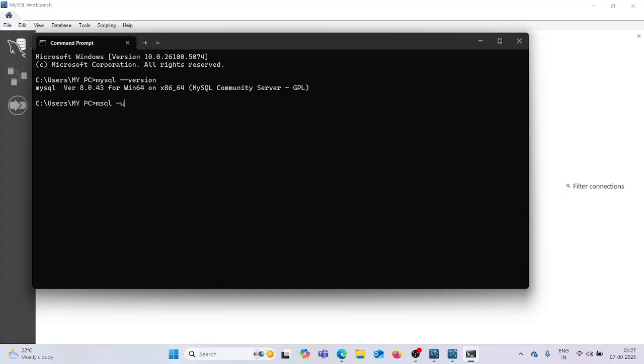Now I want to show you the user password, the root password. For that, I will type mysql space hyphen u. U means user root. Then hyphen p for password. Just check. Actually, my spelling mistake, I left out a y. Once again, I need to type it. That should be correct, otherwise it will throw an error.